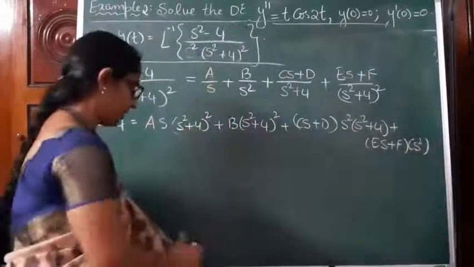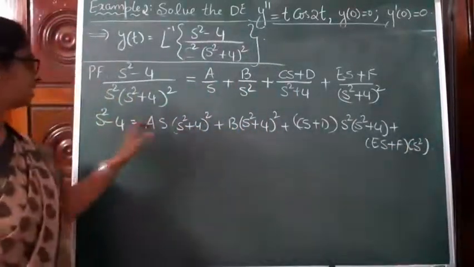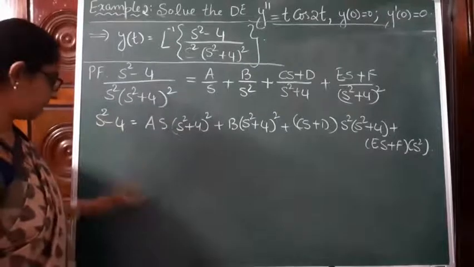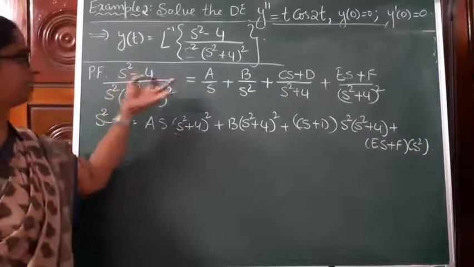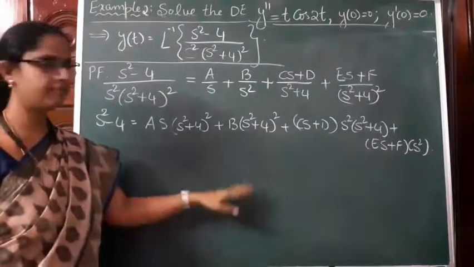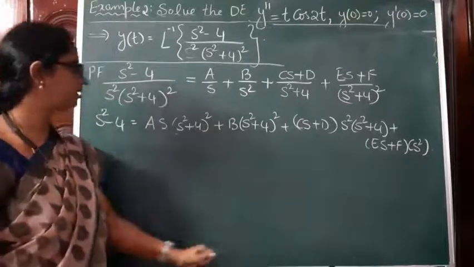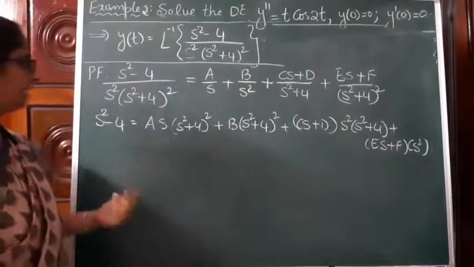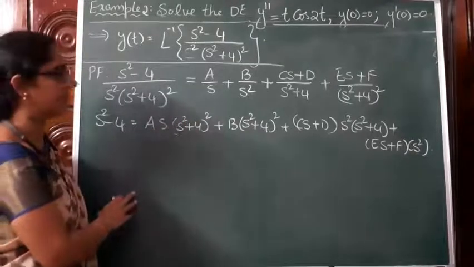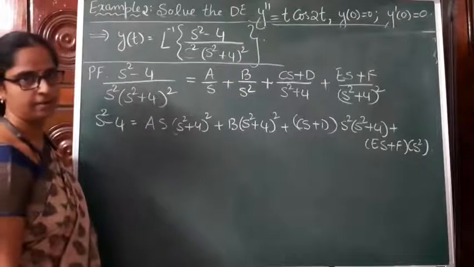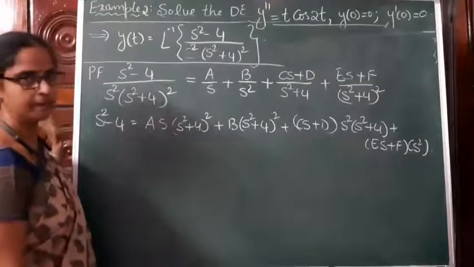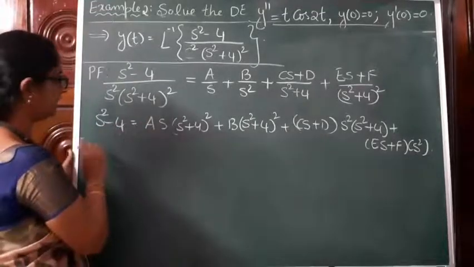Now comparing the coefficients of like powers of s on both sides, we derive certain equations, and from that we find a, b, c, d, e and f. Because this is a regular process, I skip that simplification and write here the values of a, b, c, d, e, f. One can simplify it easily to get the equations and solve them. For the time constraint, I skip that part and write the values of a, b, c, d, e and f on simplifying them.